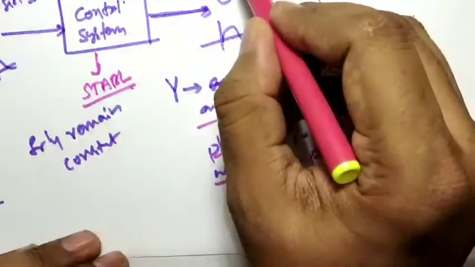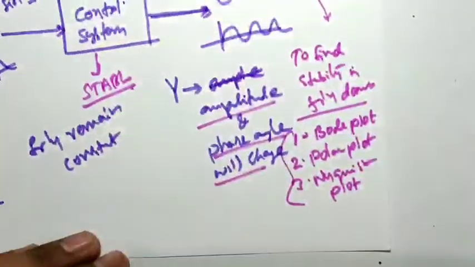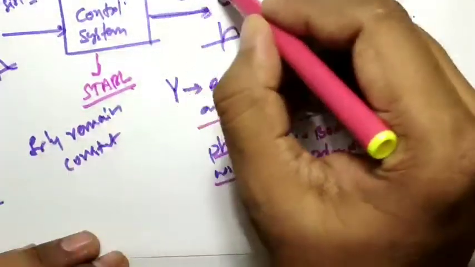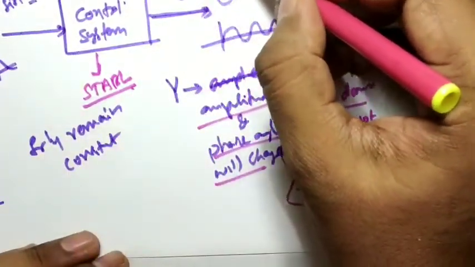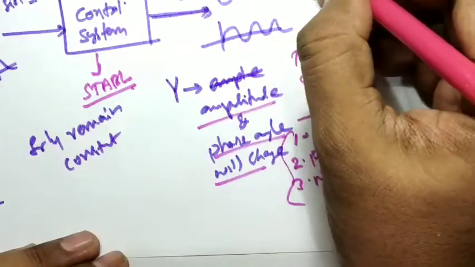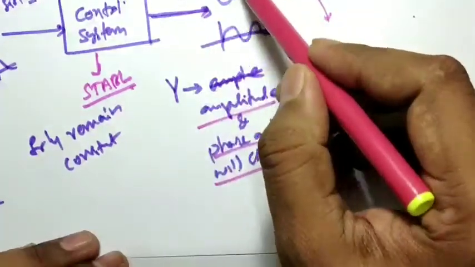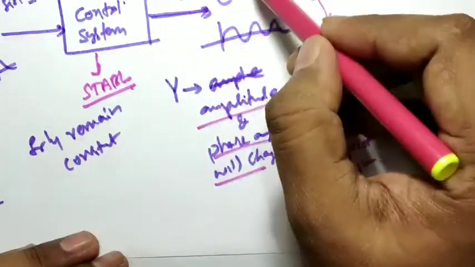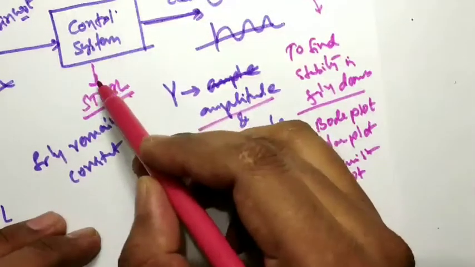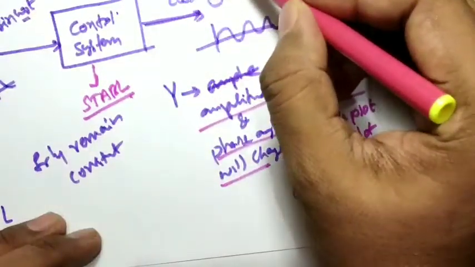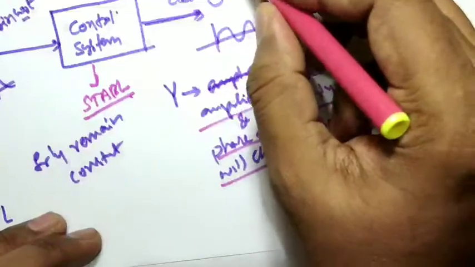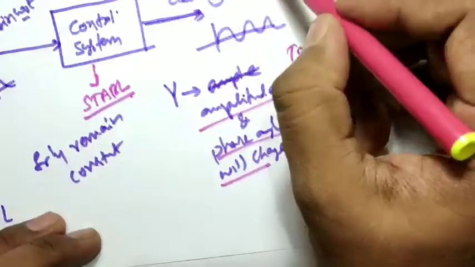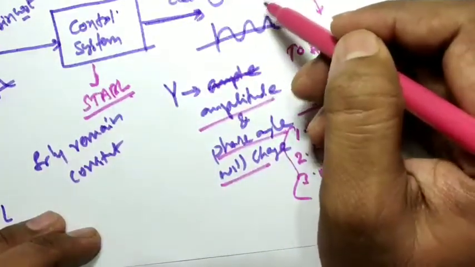So you have an output side with two components: the transient response and the steady state response. In the frequency domain, as t tends to infinity, what happens? When you say the system is stable, you get both a transient response and a steady state response. As t tends to infinity, the transient response will die out and we will have only the steady state response, right?